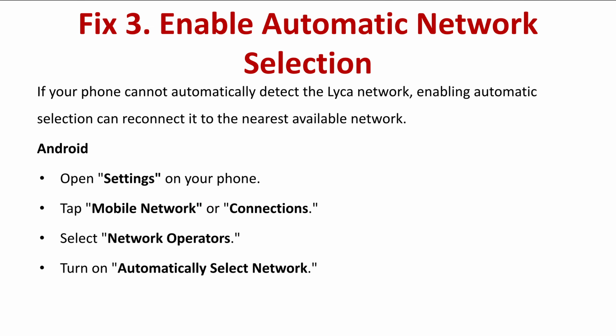Third fix is enable automatic service selection. If your phone cannot automatically detect the Lyca network, enabling automatic selection can reconnect it to the nearest available network. In Android, open settings on your phone, then tap mobile network or connections, select network operator, turn on automatically select